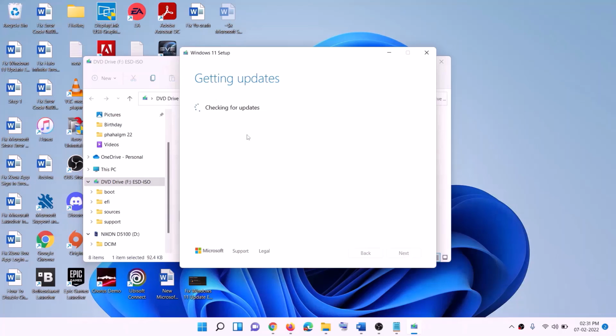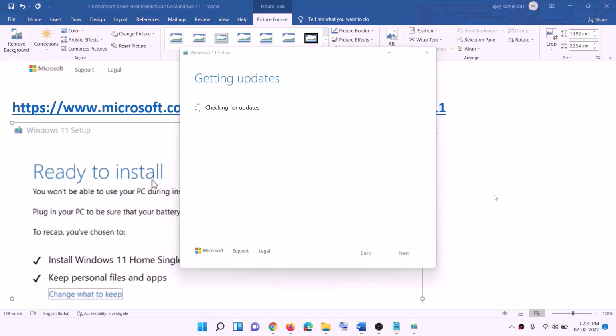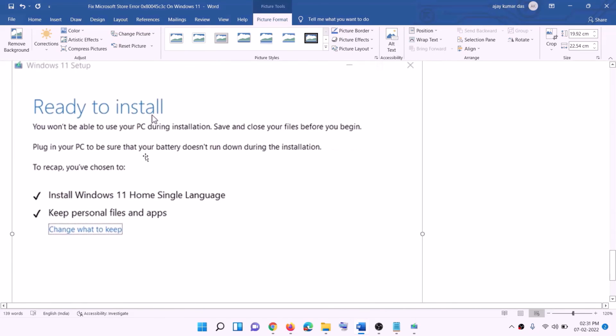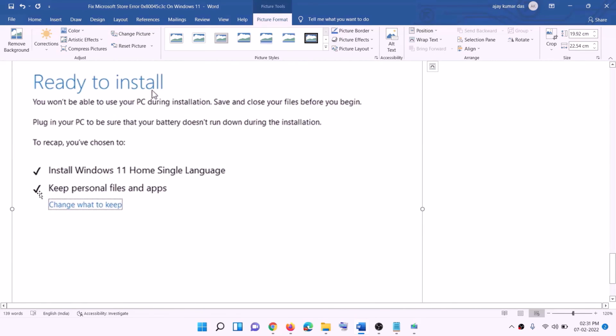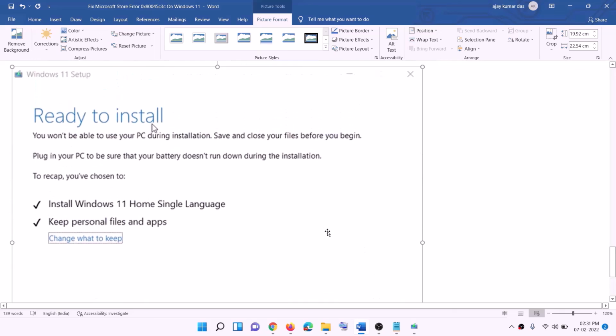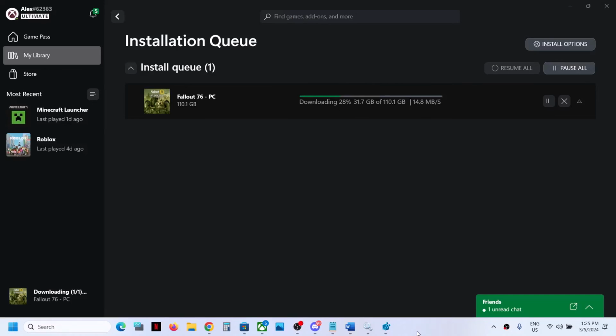It will check for update, then click on accept. Again, it will check for update. Now before the installation, you will see the screen which says ready to install, and by default the option to keep personal files and app would be checked. When this is checked, you will not lose any data on the computer. Click on install. After the installation, log into your computer. So one of the steps shown in this video should help you to install the game successfully from